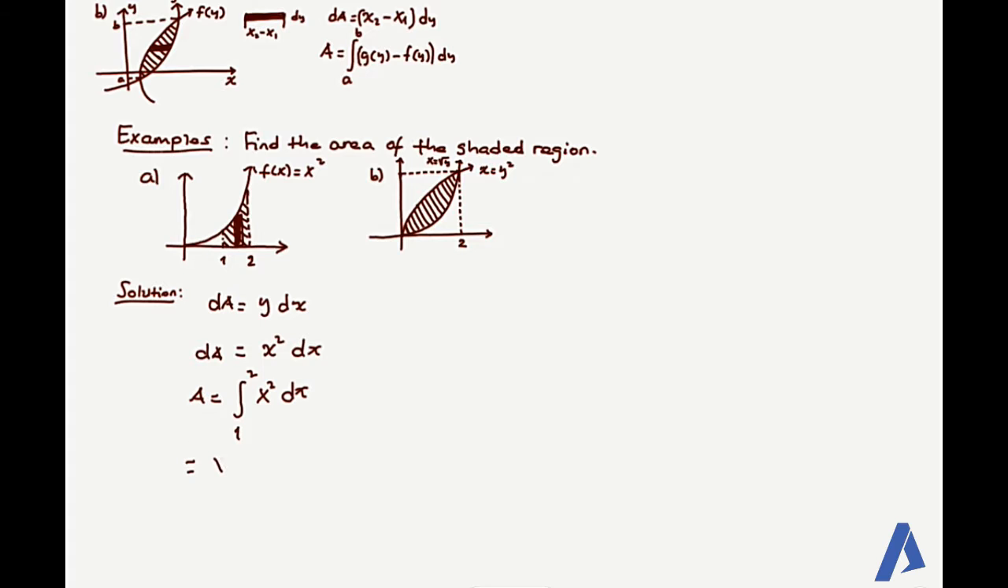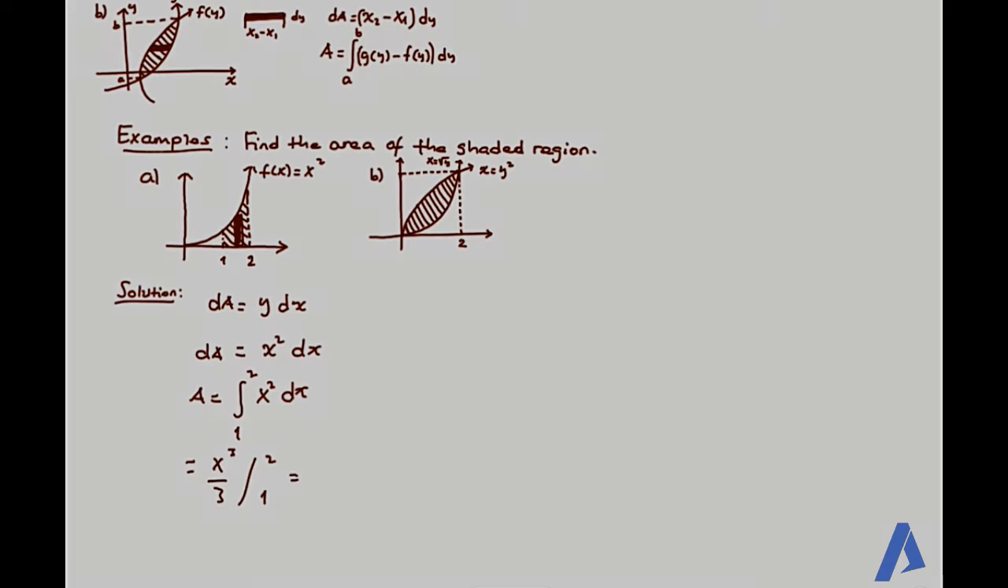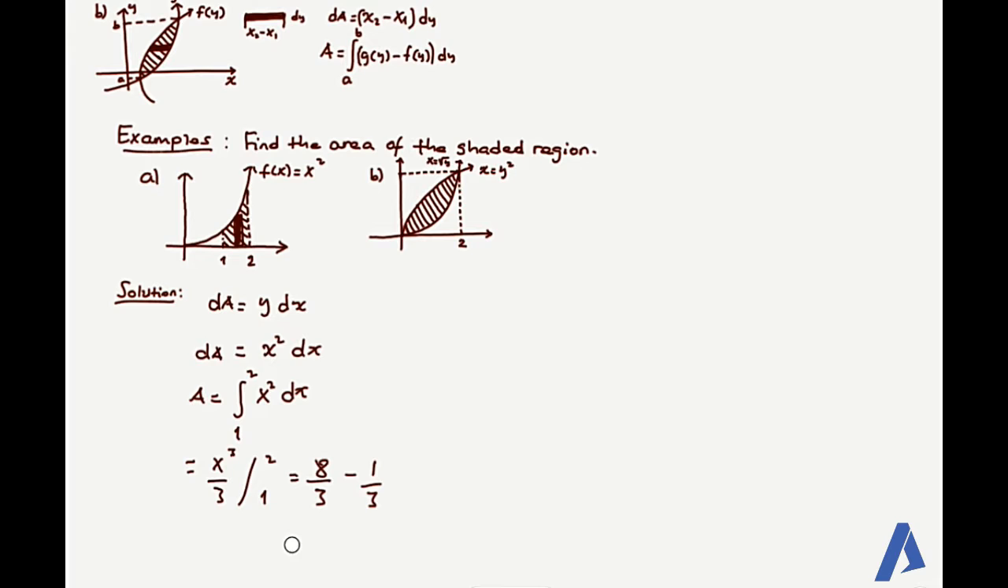This is equal to x to the power of 3 over 3 from 1 to 2. This is equal to 8 over 3 minus 1 over 3. So the final answer is 7 over 3 square units ይሆናል ማለት ነው።